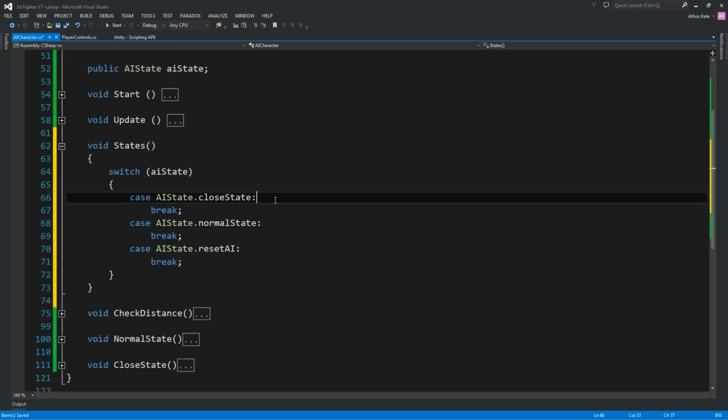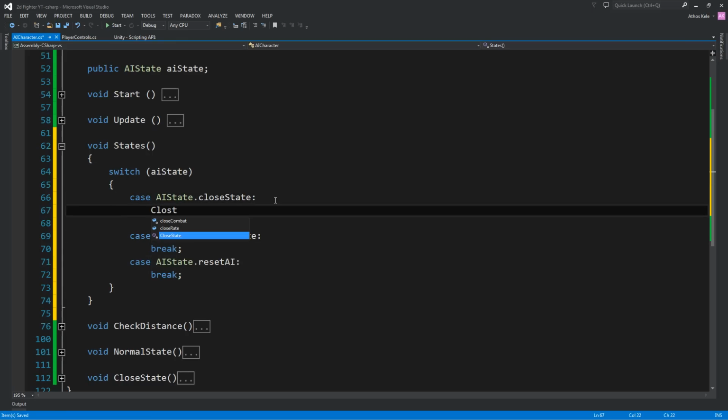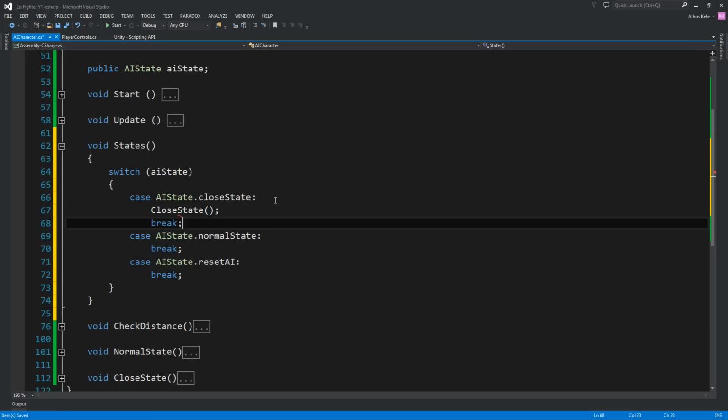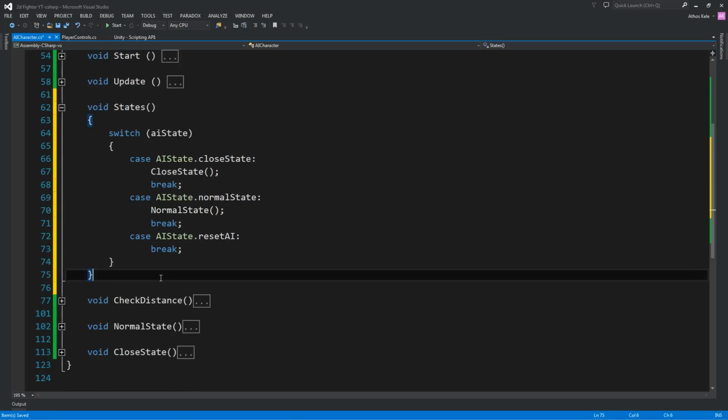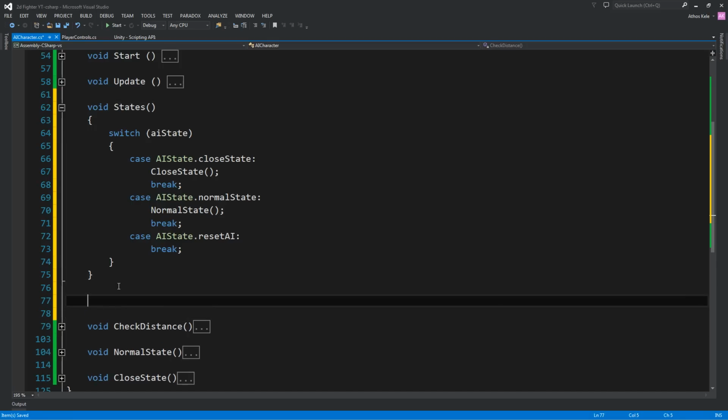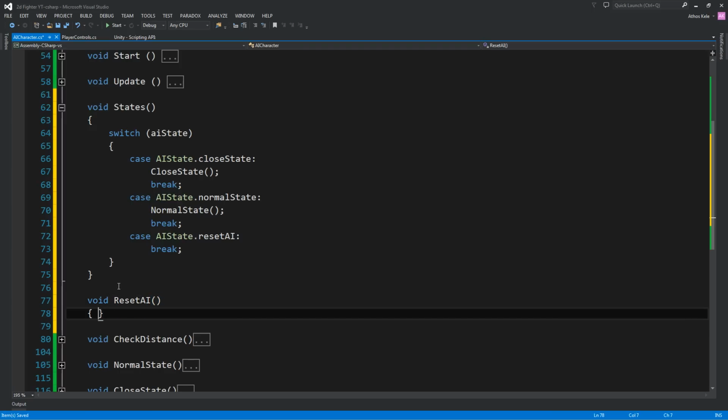So close state, we will pass the close state function. Normal state, we will pass the normal state, and for the reset AI we of course are going to create a new function which we will call reset AI,